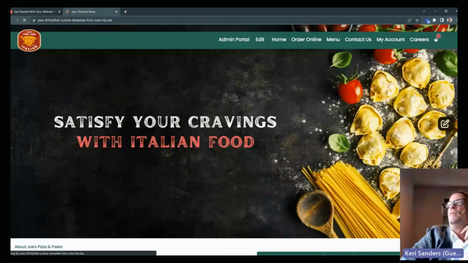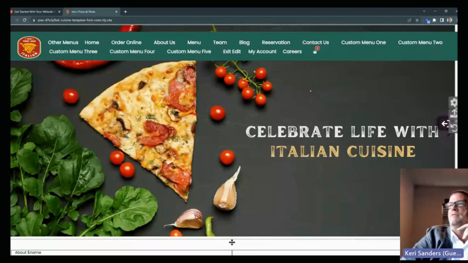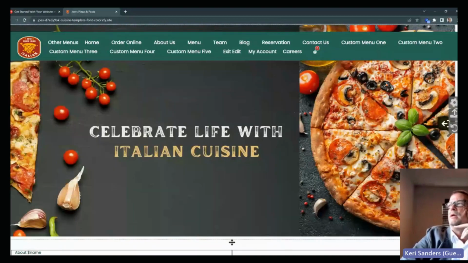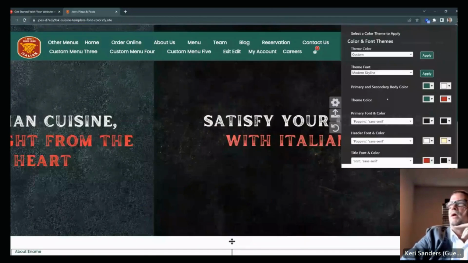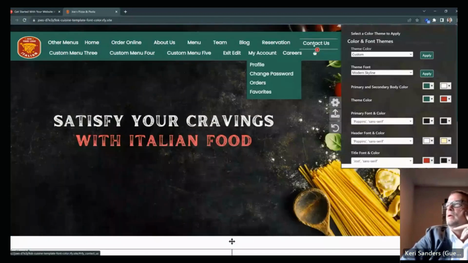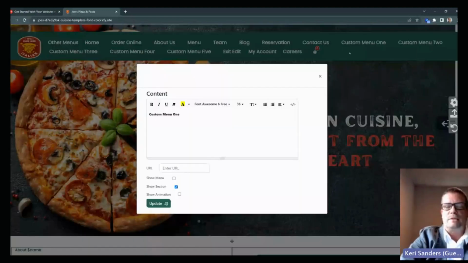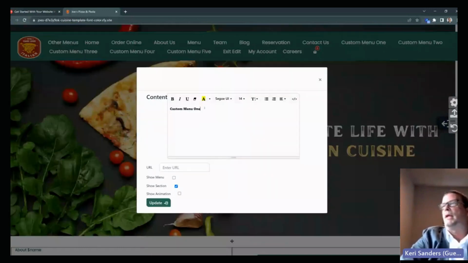it's going to load. And what you're going to see is there's two different types of edits. This is more of a UI editor, a user interface, kind of the front end editor. And I'm not going to do much here, but you can change your colors, your font. You can go in and change many of the text within the menus. You can change this to however you want, but everything is inline editable and